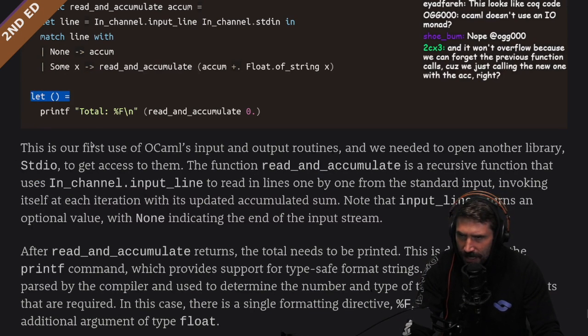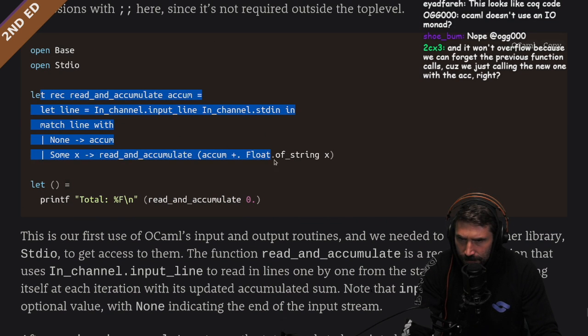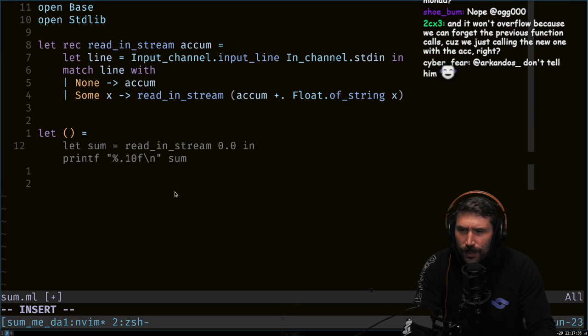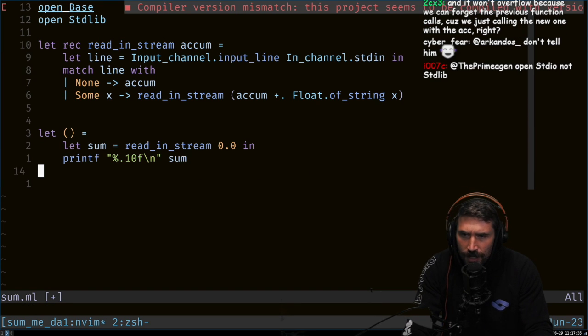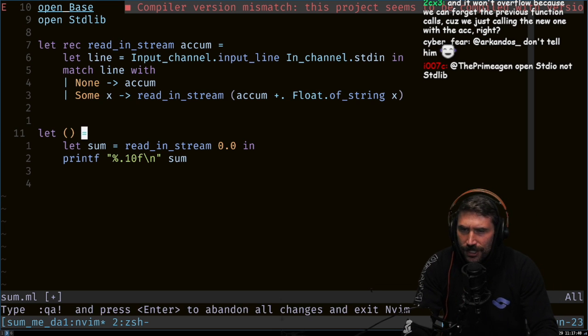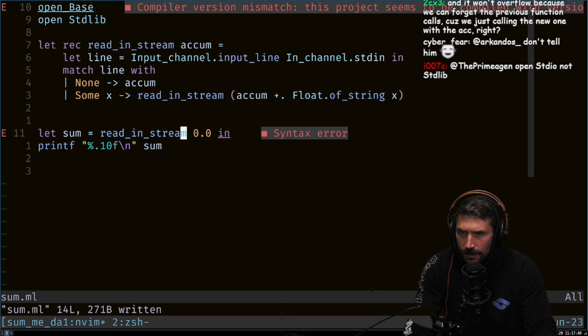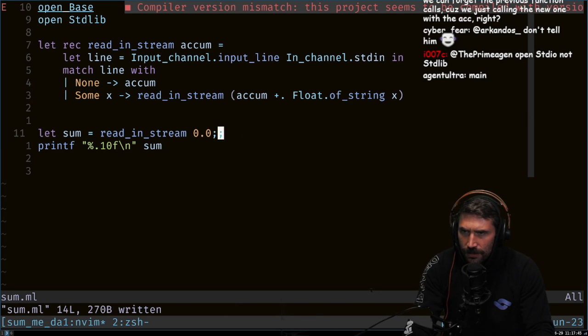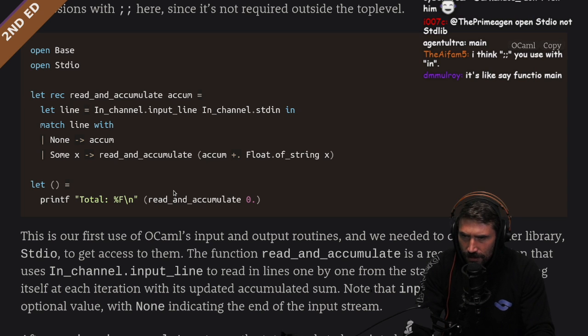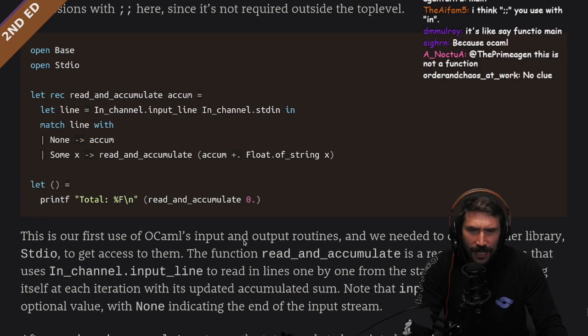All right, so then we have a no function one. So we're going to do this. Then we're going to read and accumulate 0. Okay. Interesting. Why do we have to do a function here? I don't understand why we do a function. Why can't we just go this? Right? Why can't we just do that? Like, why do we have to do a function of nothing? And who invokes that? I don't get that. What does that mean?